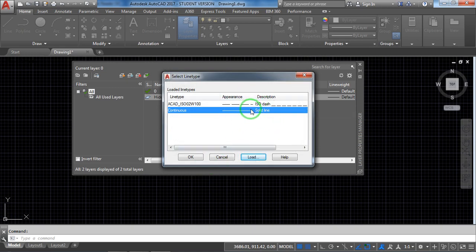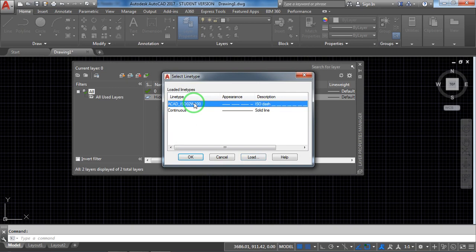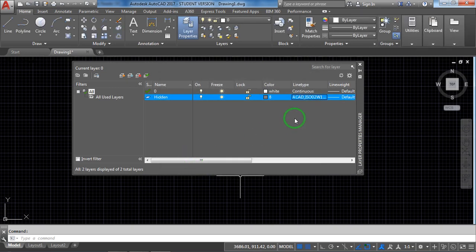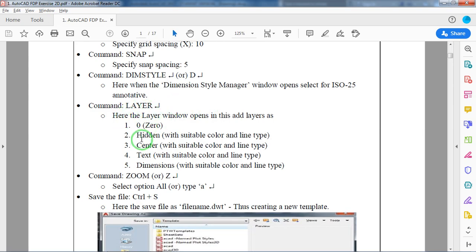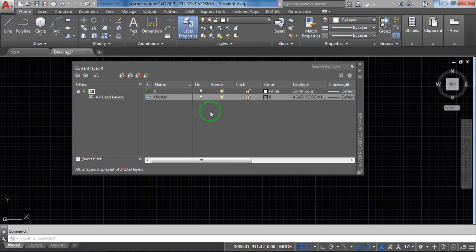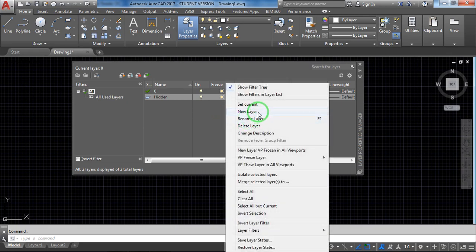That will be loaded here. For our hidden layer, I am selecting ISO dash and clicking OK. Now you can see here, previously continuous was there, but I have added ISO dash. That is the second layer. Now the third layer is center. To create a new layer again, right click here, new layer,